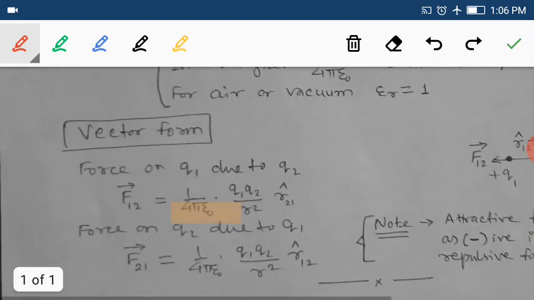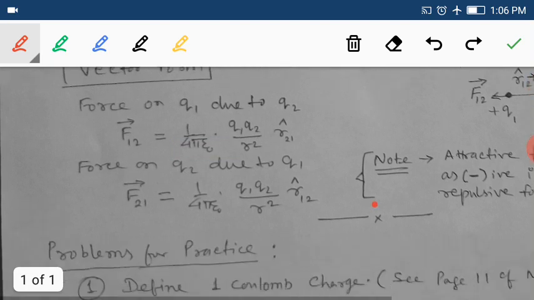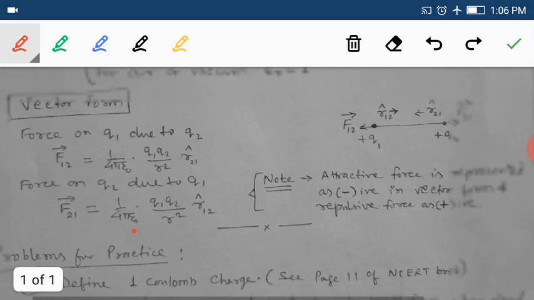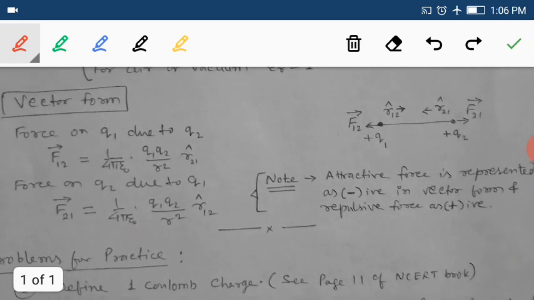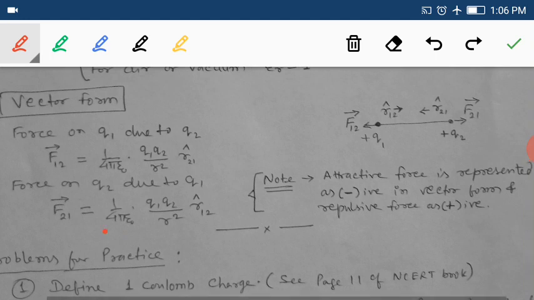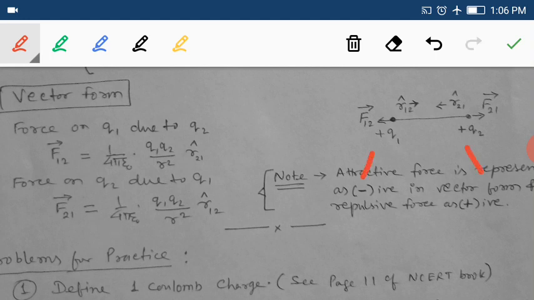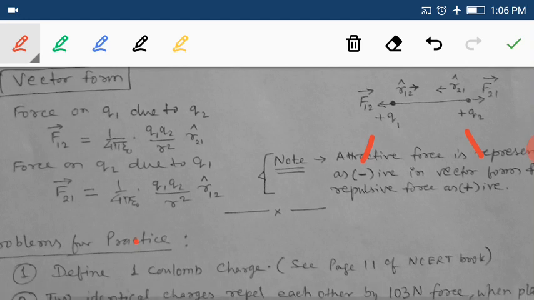Now we can have its vector form also. Most of the books are giving the vector form, because as we know that force is a vector quantity. So no doubt this is Coulomb force. Whatever is the force, gravitational force or any other, force is always a vector quantity, and if force is a vector quantity, then there must be a direction. So here I have taken one example, that one charge is positive, another charge is also positive, then definitely they will repel each other, and the force of repulsion is